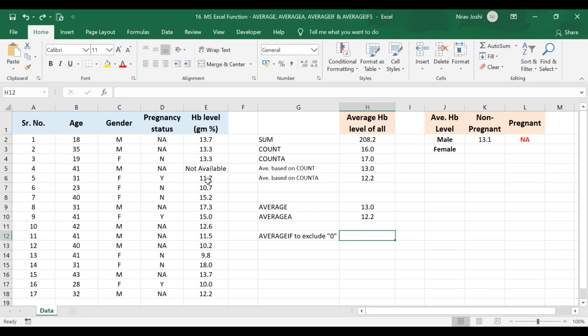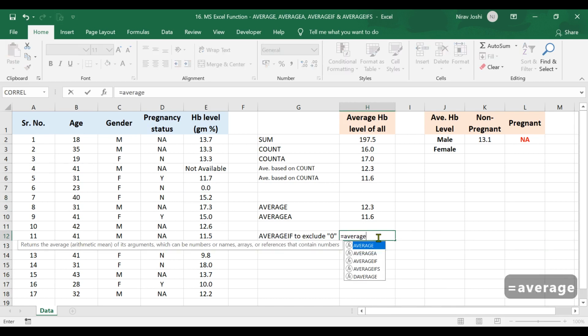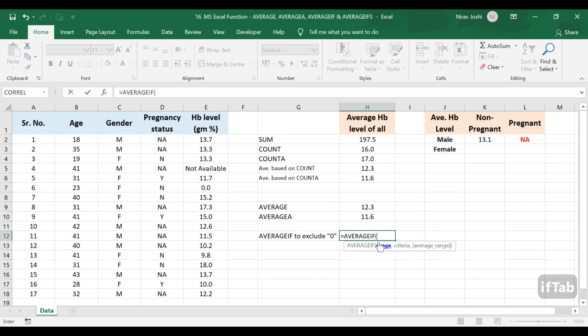Now as we discussed, if one of the data has a 0 value and we want to exclude that 0 value to bring out the average, we can use the AVERAGEIF function. In this AVERAGEIF function, we need to provide a range, which would be this same range. Here we are not differentiating based on male and female. We will provide a single range and say that the value should be more than 0 as a criteria. In this kind of situation, we need not provide the average range again.